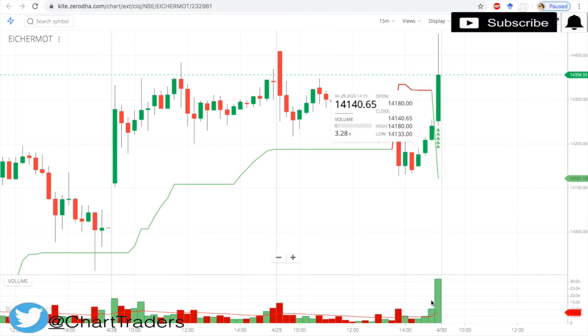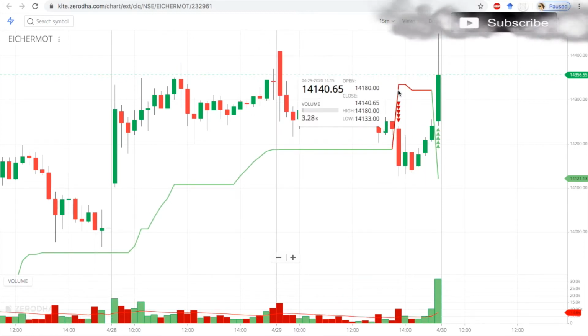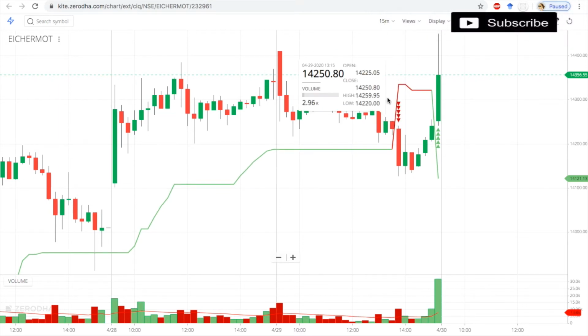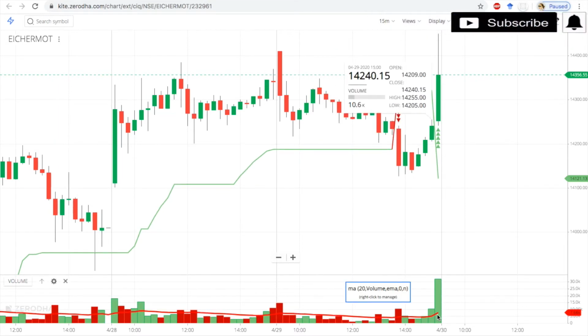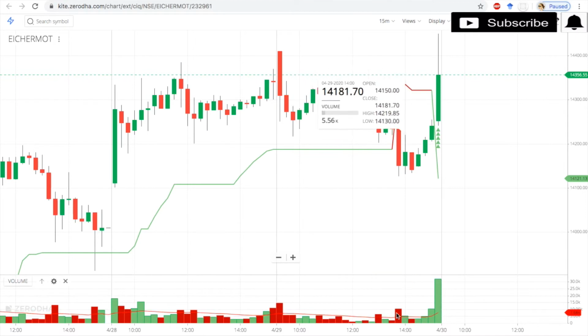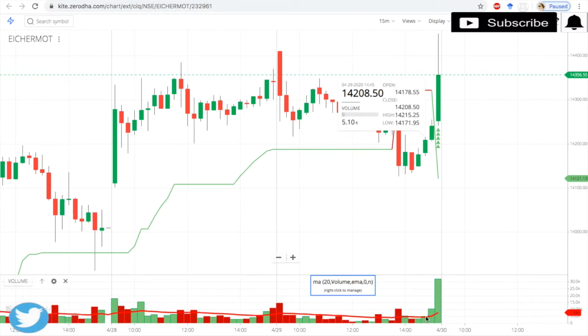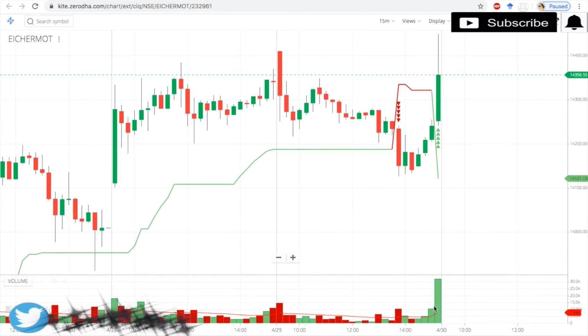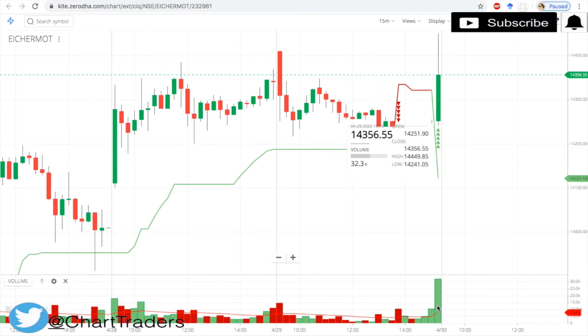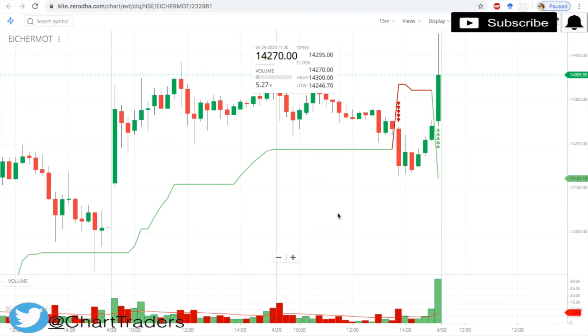of price as well as in terms of volume, because price is closing higher than 10 candles, that is 150 minutes approximately, and the volume is higher than the 20-day exponential moving average on volume. So it gives bullishness in a stock and I want to generate an alert. So in Streak,